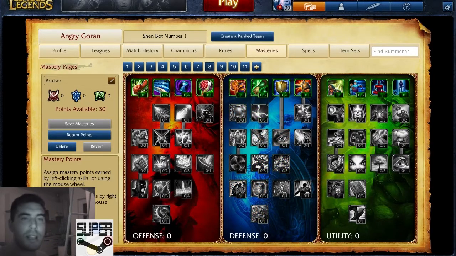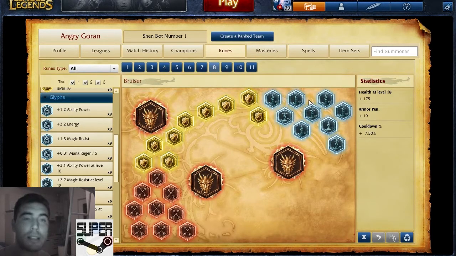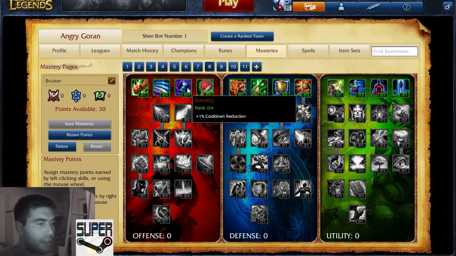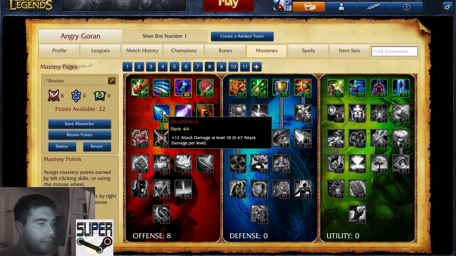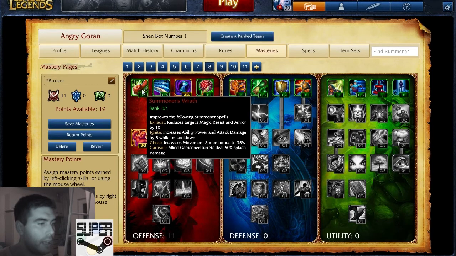And Rumble. Let's take Bruiser, for example. It can be Renekton. Let's check his rune page. Renekton, Bruiser got plus health at level 18, plus armor penetration, plus minus cooldown reduction. Good. My Bruiser will be a real Bruiser. He needs cooldown reduction, and he needs attack damage per level, more damage, and